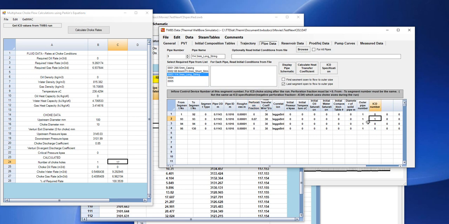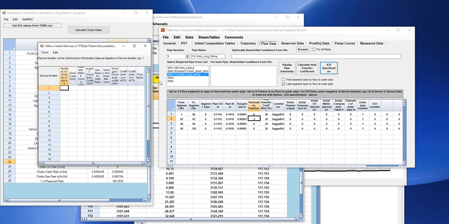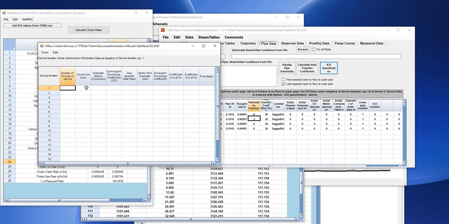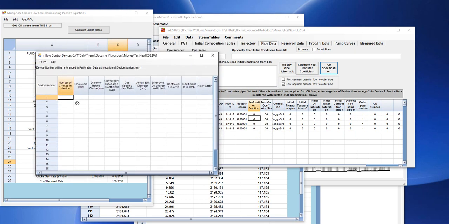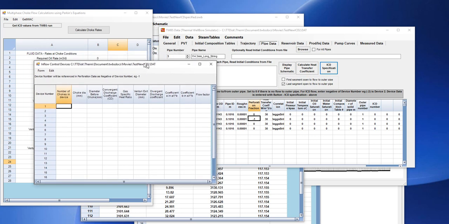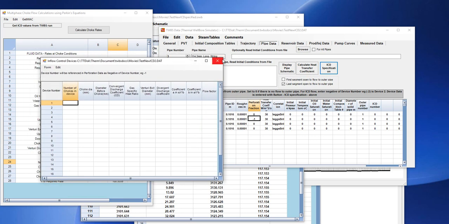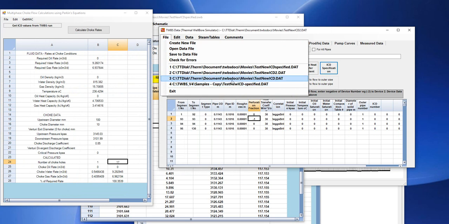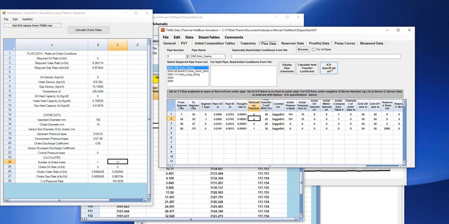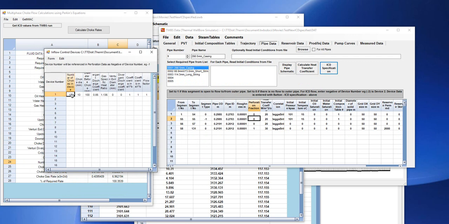The second way is to go in directly into TWBS, and instead of specifying the ICD number here, we will specify the ICD number here with a minus sign in front of it, minus say 1, and go in and specify the ICD choke diameter and number of holes, and the program then will simply run this and give us the different rates. So in this case here, if I went through and took that case, and if I chose an ICD specification instead of 17, I chose it to be say